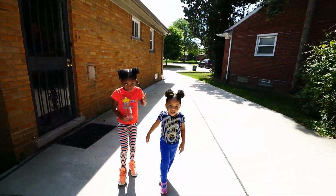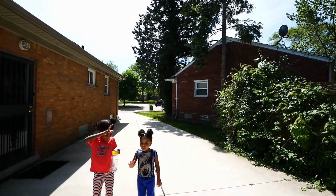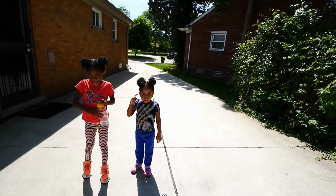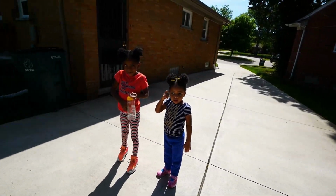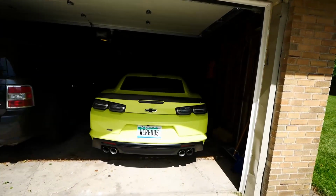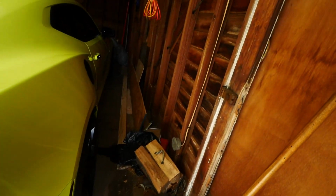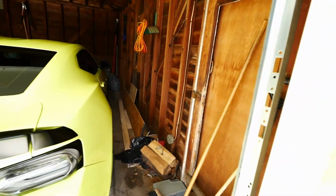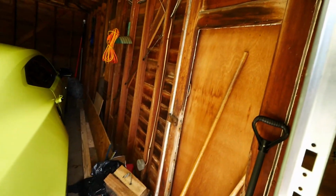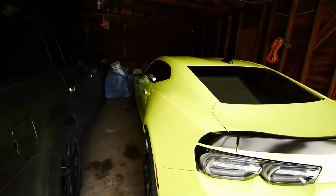Alright, so these are the girls, age 3 and 5. Say hi, girls. Hi! Alright, so we're going to show how we normally get in the car. While we're in the garage, I normally have them both get on one side, because there's not enough room on the passenger side to open the door. Because you know how coupes are, big doors, and it's not a lot of room on that side. So I have all the room on the left side,